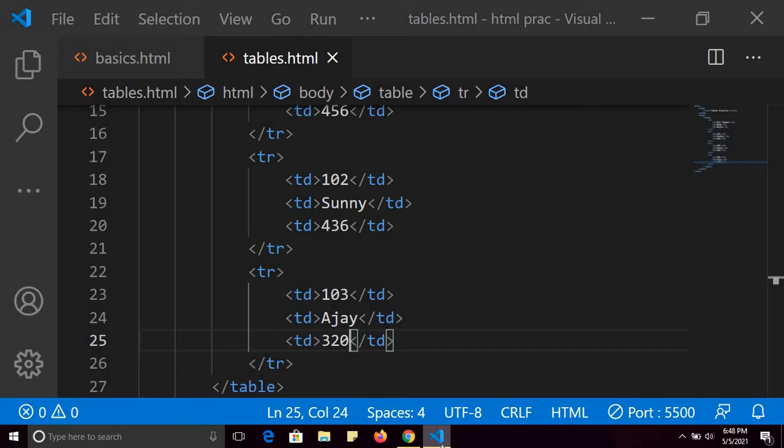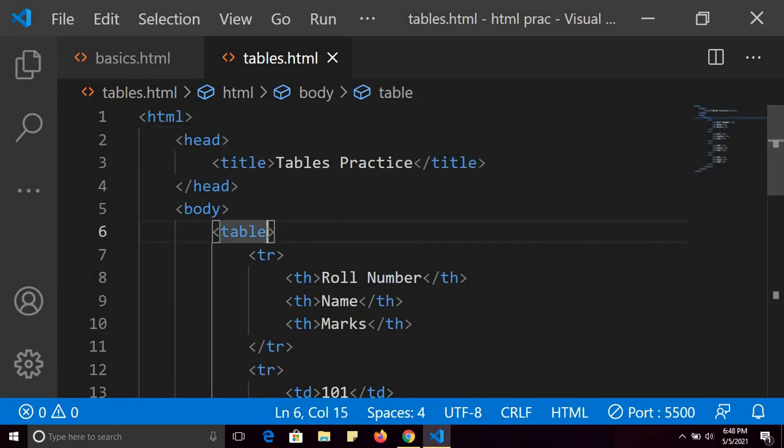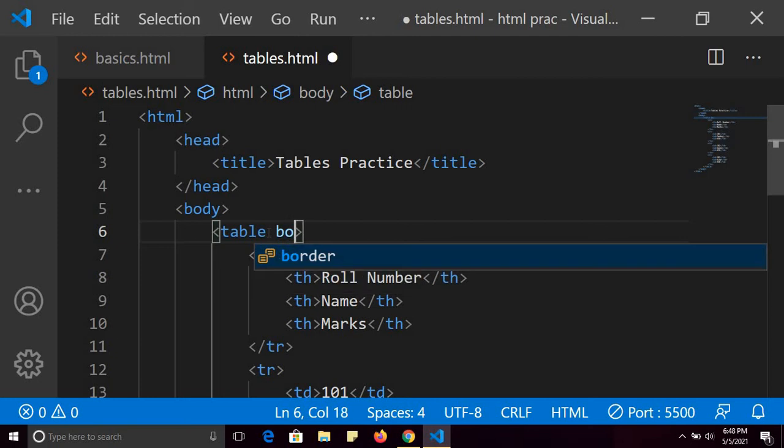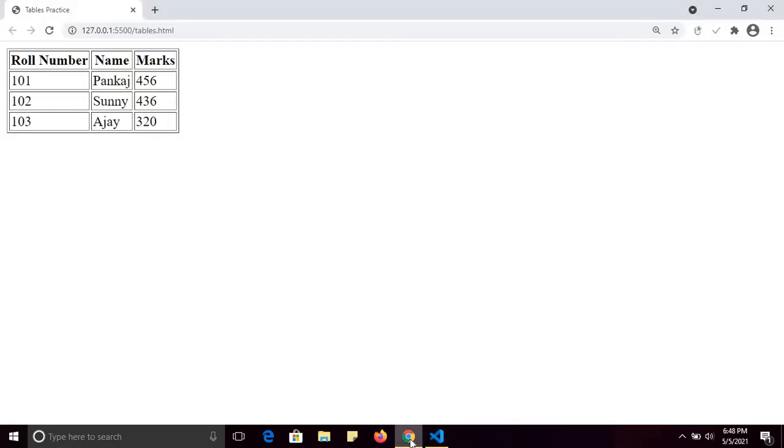For that I will use, see here, with the table tag I have to use one property called border, and you can set it to 1, 2 and so on. So when I set the border to 1, border equals to 1, now see the output.